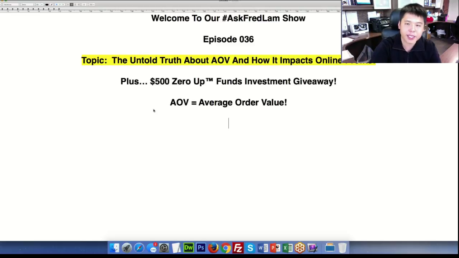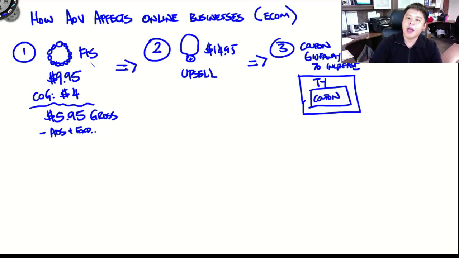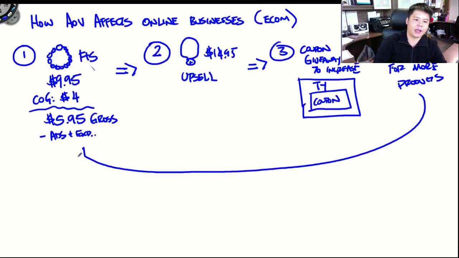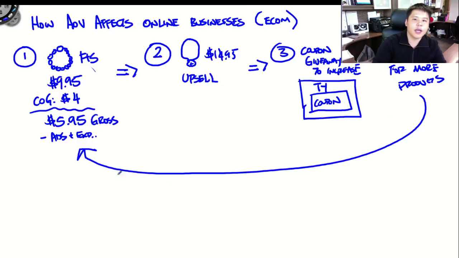And again, I will run some math in just a bit for you guys, and I'm just sharing with you how even a car dealership's business model can be applied to the online space, and that's what we do at the same time. And then number 4, what happens is that you would want to build a relationship, like we said earlier, for more products. All right, then again, this goes back into this step, and the cycle is going to be the same.